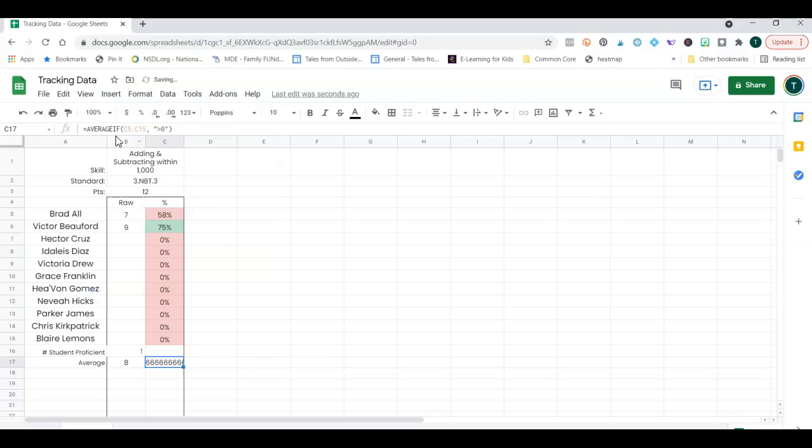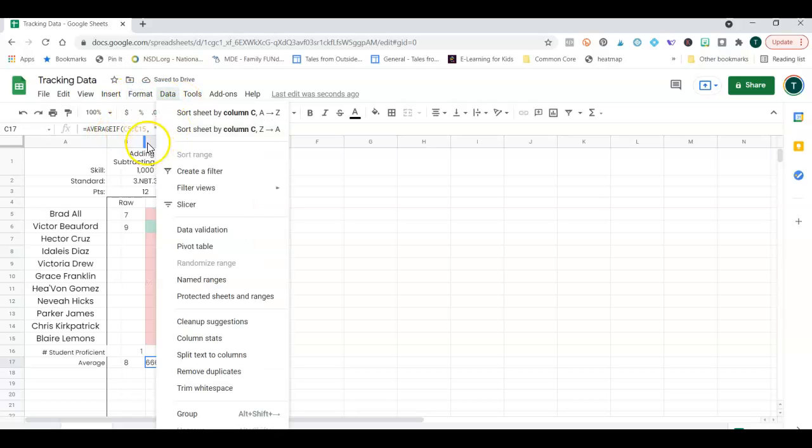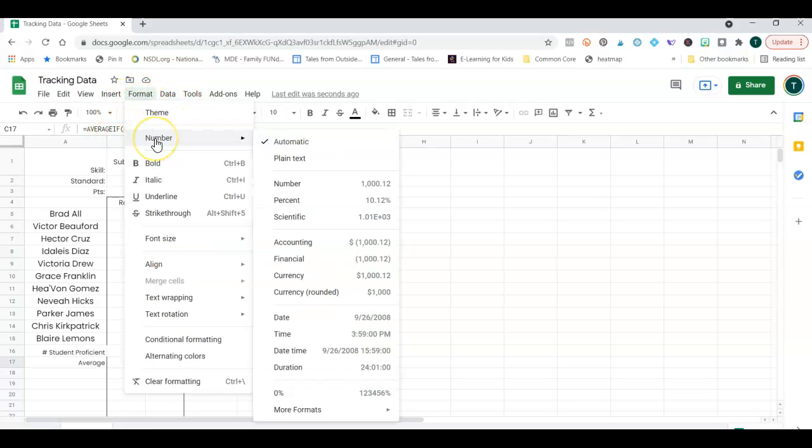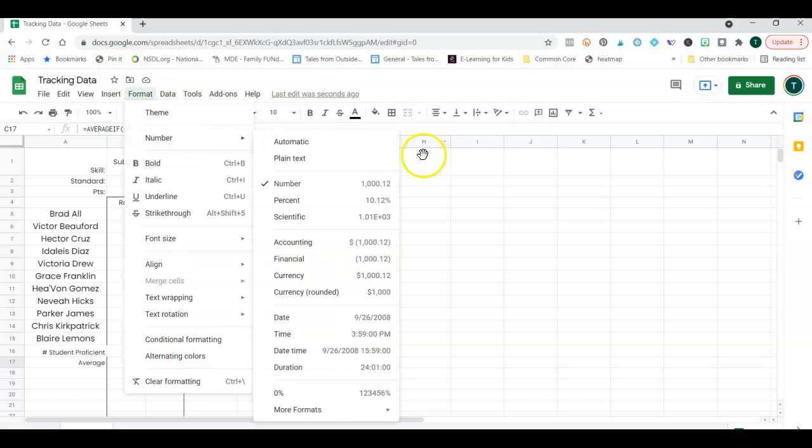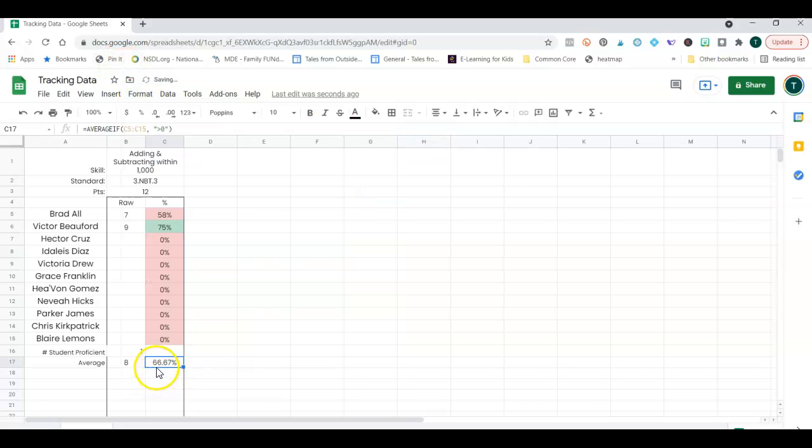And then hitting enter, and then you can see it's in there. So I'm going to come back in again and change that number to try to have 2 decimal points. So now it's 67. I can again change that to a percent if I would like. So my average percent is that 66.67 or 67%, which would be the average of these two, because that also